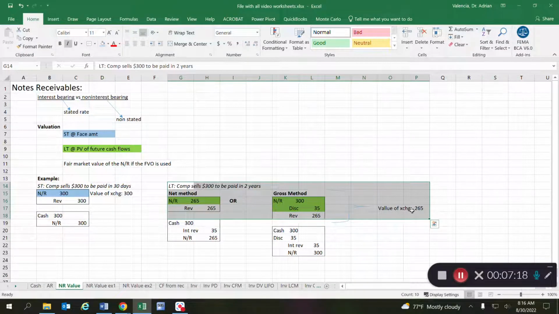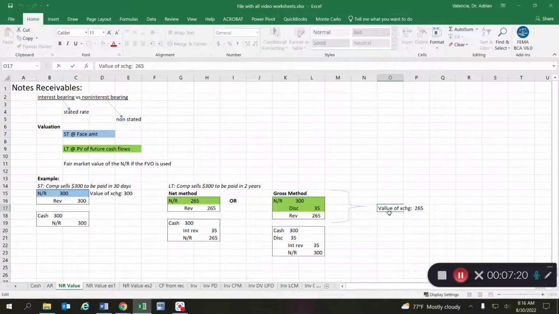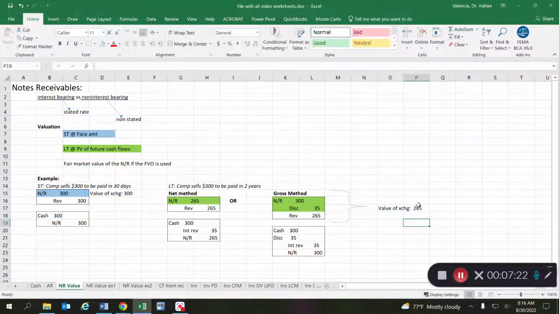And that's a very important thing to be able to understand, that the value of that exchange is 265 because of the fact that it's long-term, even though it's stated as being $300. This is imputing interest. Let's say this was a 0% loan, a non-interest bearing note. Then at that point, we would have to go in there and impute this $35 of interest. Okay, let me show you a more